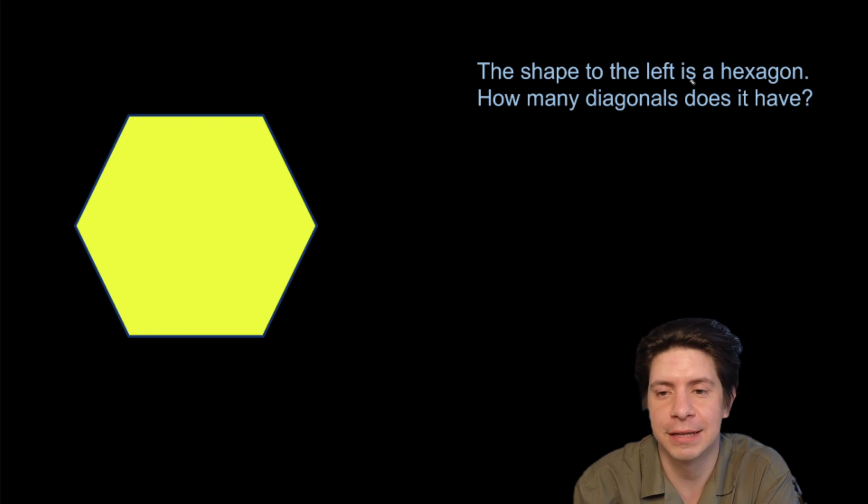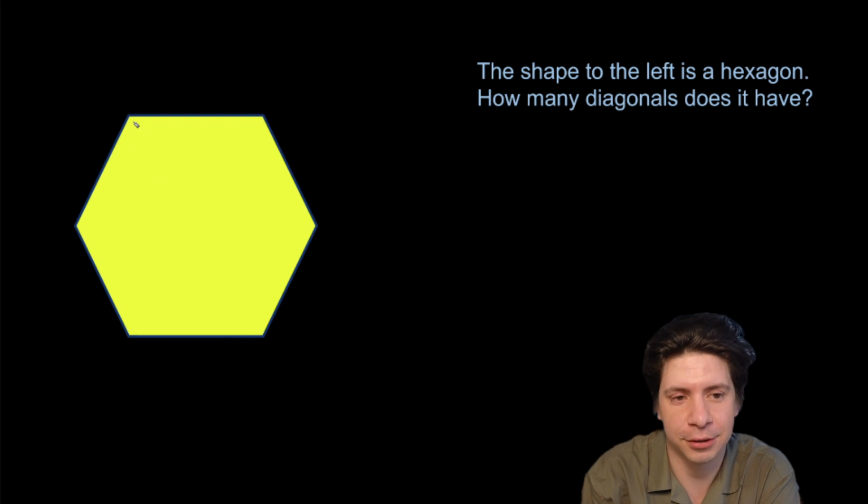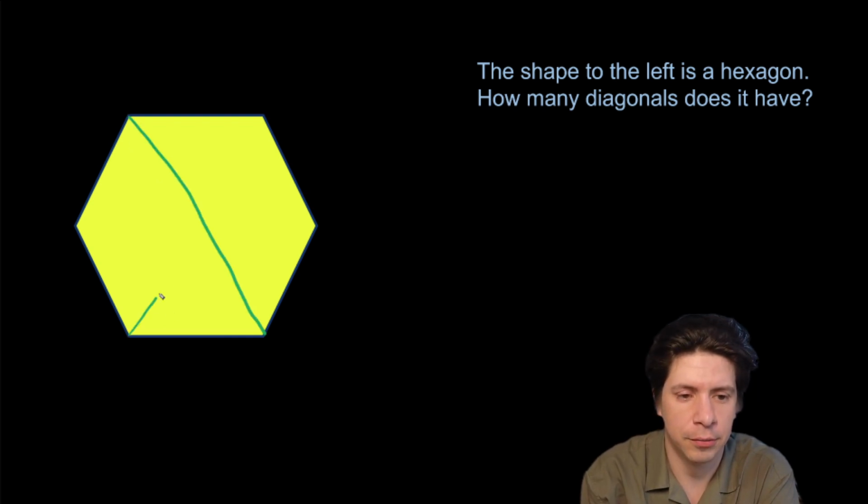The shape to the left is a hexagon. How many diagonals does it have? So I'm going to do this one drawing it out, and then I'm going to show you a formula for it. So with a hexagon, we have one going down this way, one going this way, one going this way,